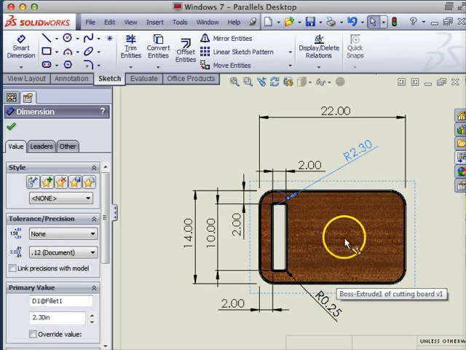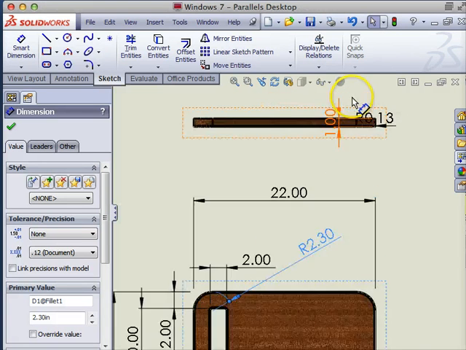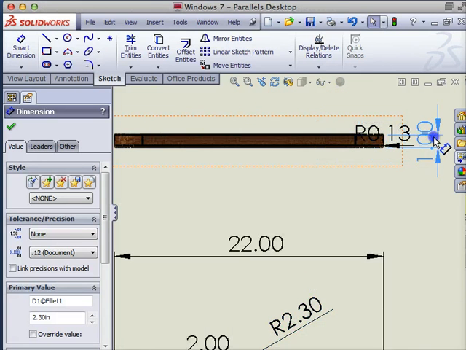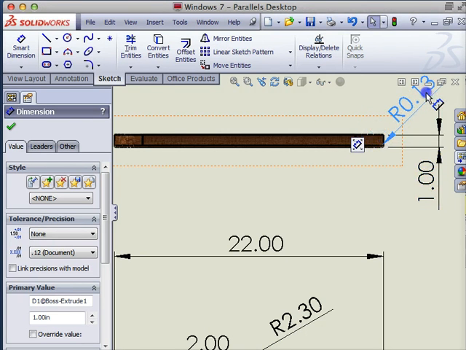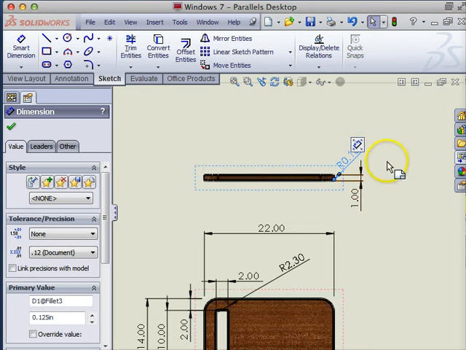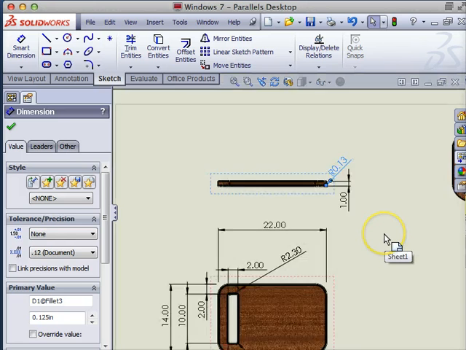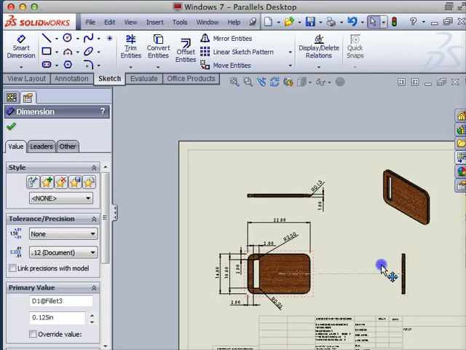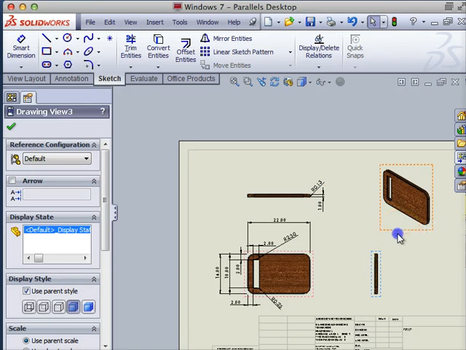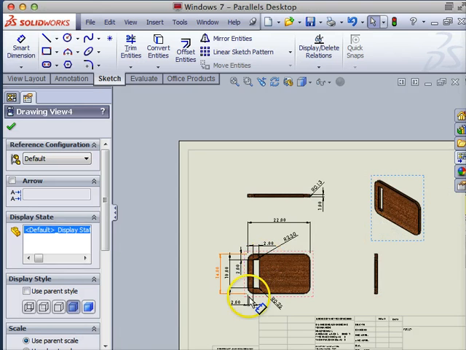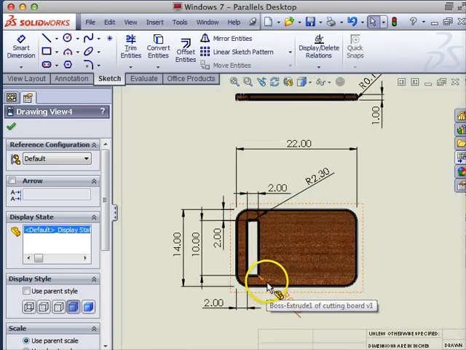So that's pretty readable. And then on this view up here, sometimes you might have a duplicate dimension. And if you have a duplicate, you can hit the delete key on the keyboard and get rid of it. Alright, so this is looking good. Got dimensions on. If you want to get an A,